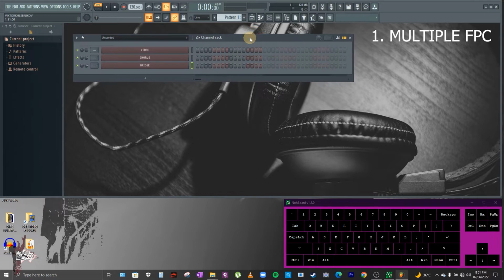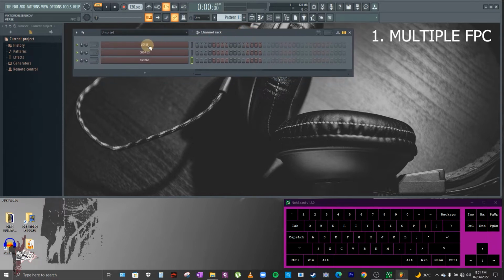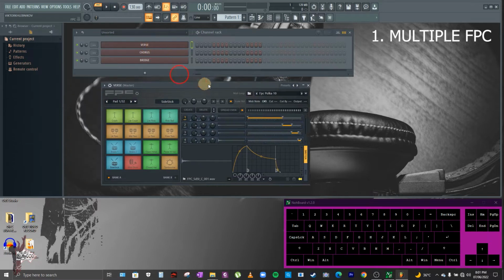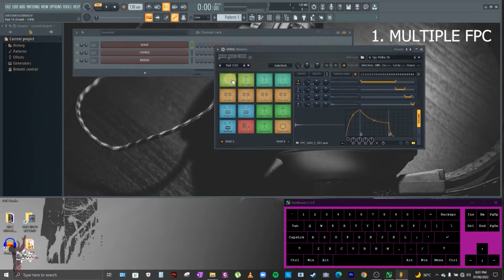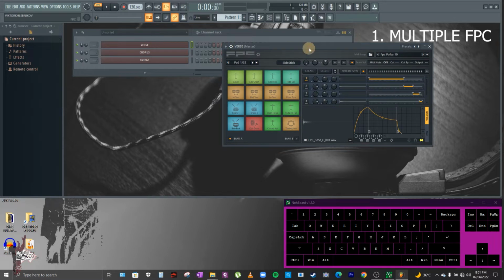Before anything else, remember that for each FPC channel, if I click this, this is what's inside of this channel. We only have a total of 16 pads. So these are the pads inside this channel.